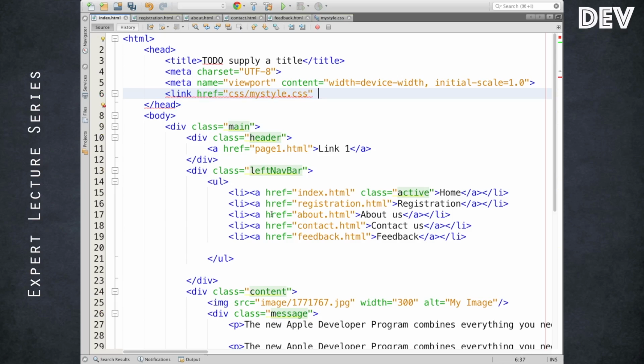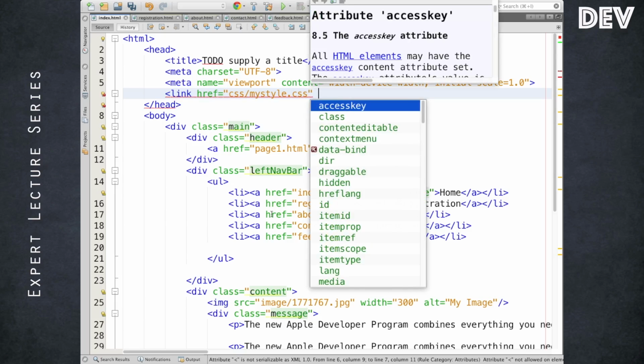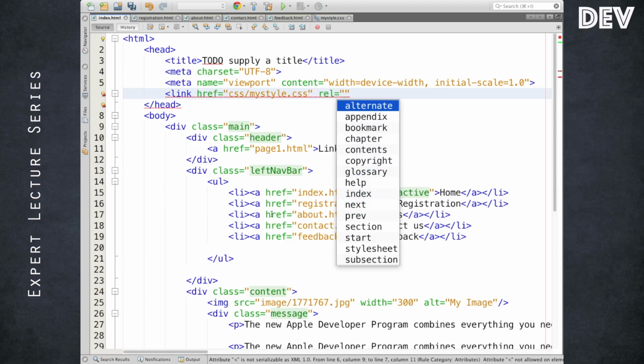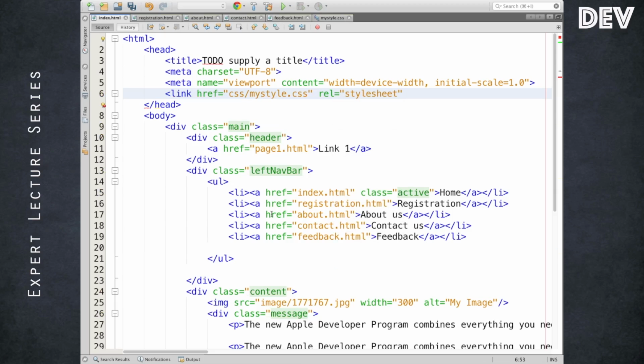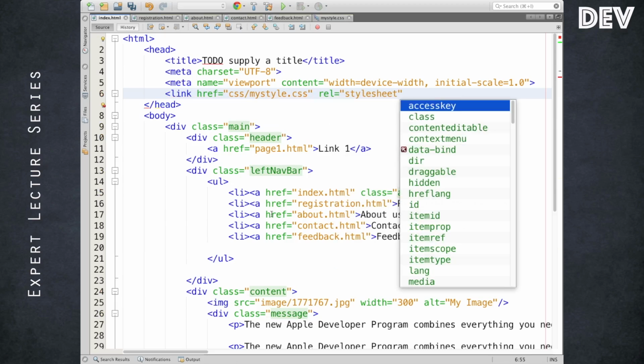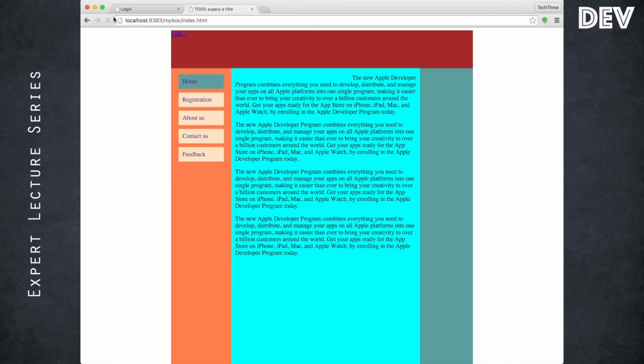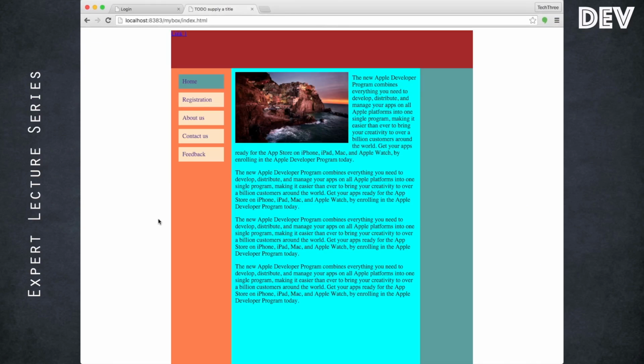Since it is a generic link, I need to define the relation, rel, as stylesheet. Looks like it doesn't demand a close tag thanks to HTML5. Okay, let me see. Yeah, got it back.